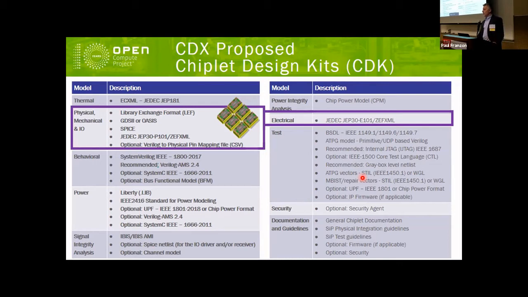So this would be defining pin types, whether a pin is a micro bump or a TSV. It would include dimensional tolerances, component thickness, material properties, etc. So Zephyr XML is an open source format that is used to describe mechanical, electrical, and I/O type information. So we are recommending that format, which is an open format, to capture that mechanical type information.